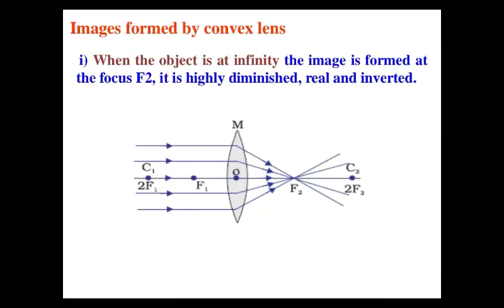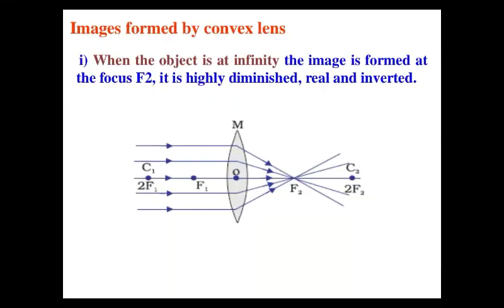So the first situation is when the object is at infinity, that we have a convex lens and we place an object at a very far distance from this lens. Suppose we are observing the sun through this lens. So the sun is acting like an object at infinity, or we are observing a window of your neighboring house from that lens. So that neighboring house is acting like an object at infinity. Infinity means at a large distance in physics.